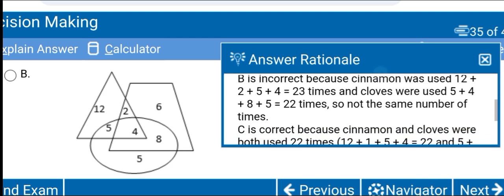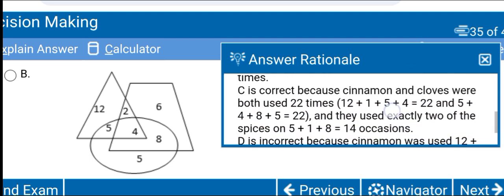B is incorrect because cinnamon was used 12 plus 2 plus 5 plus 4 equals 23 times, and cloves were used 5 plus 4 plus 8 plus 5 equals 22 times. So note the same number of times,